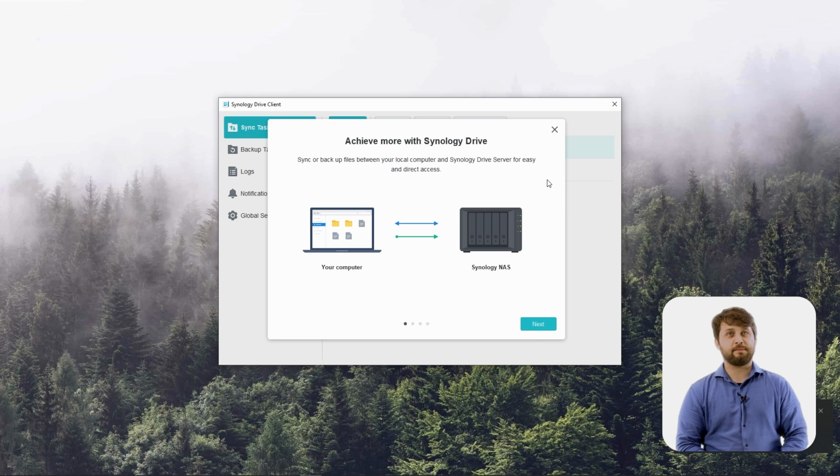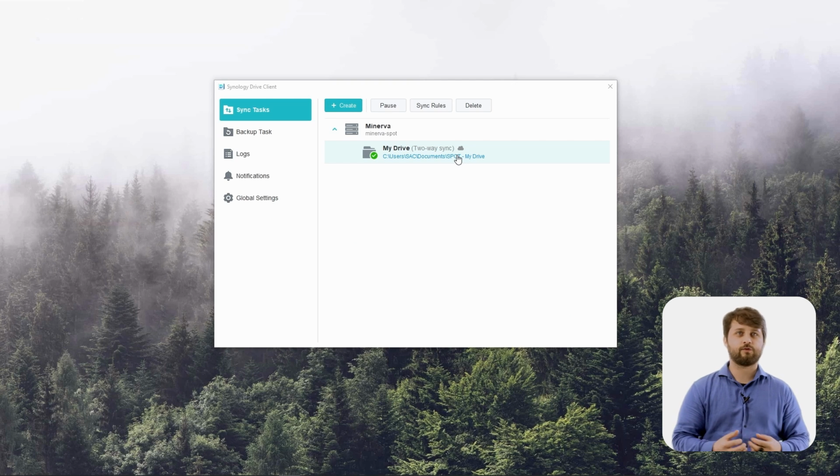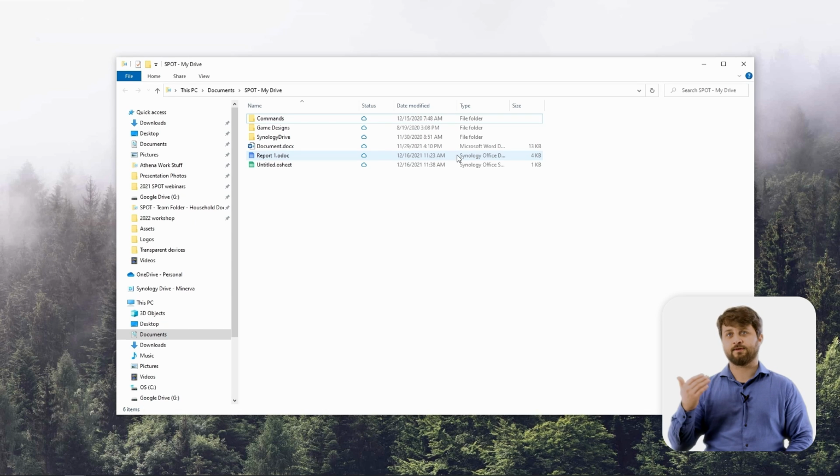Now, as we exit out here, you're going to be able to click the file pathway to immediately launch your File Explorer to see exactly where those folders and files are being synced to. So it's going to open that Documents Spot My Drive folder. You can see that the Drive client also just said that it was finished syncing a couple different things. And as we refresh this page, you can see that document folder that we uploaded to my Drive location. It's already been synced back down to my local computer.